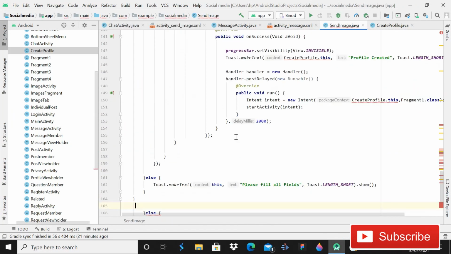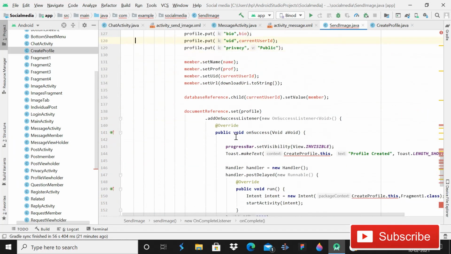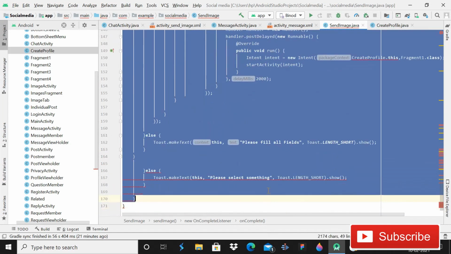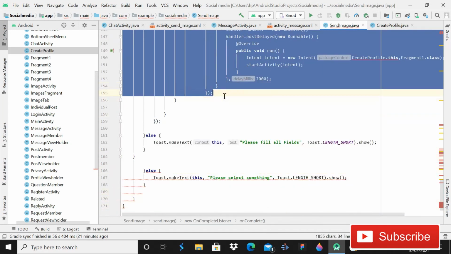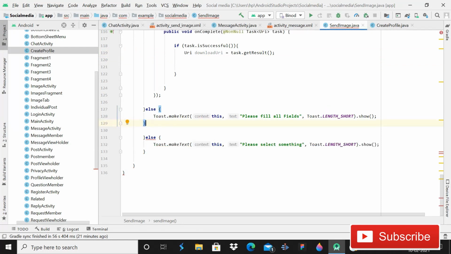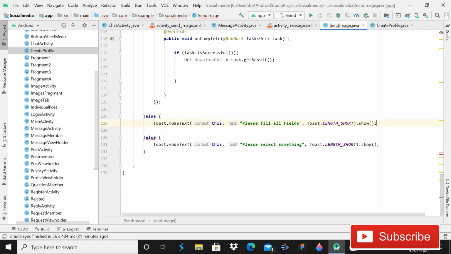And I know there are a lot of errors, we will solve them one by one, don't panic. So choose this one and then delete this one. Yeah, and then here you need to remove this one. Yeah, that's okay.